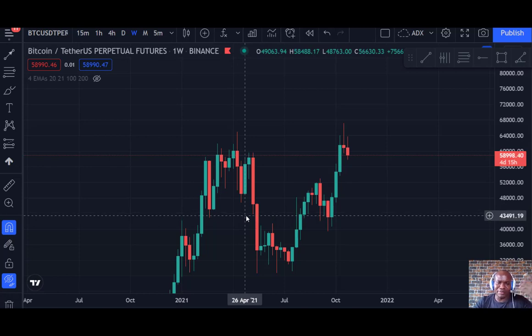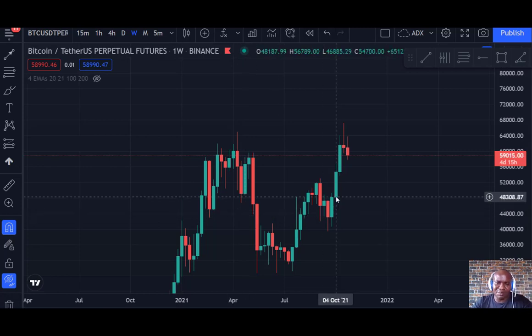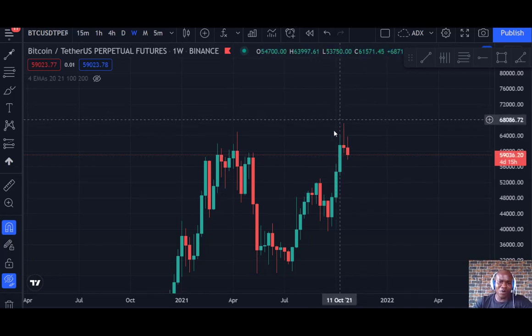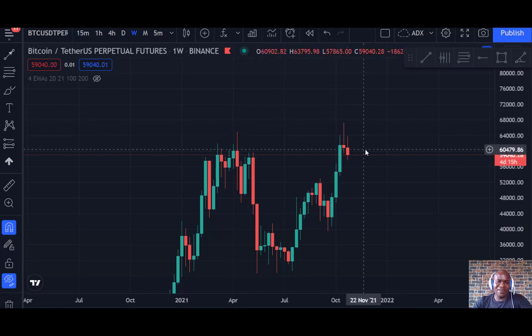The emotion can make you go crazy, be expecting more, even when the price action is telling you it's time to sell, and you still be expecting more. All right, so now what this tells us is that, even if Bitcoin is not going to reverse from here, we'll be expecting a deep correction.